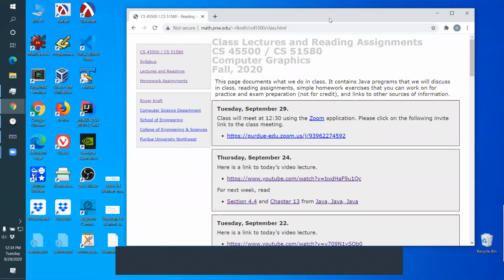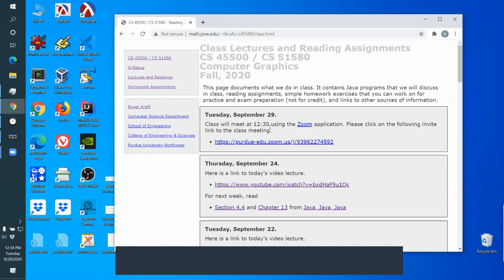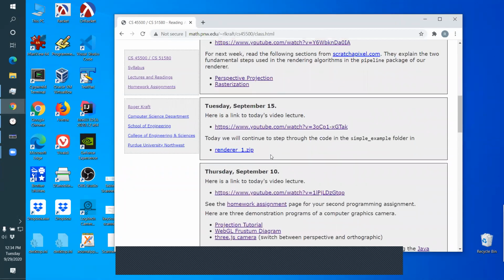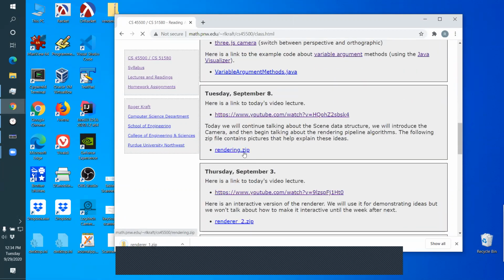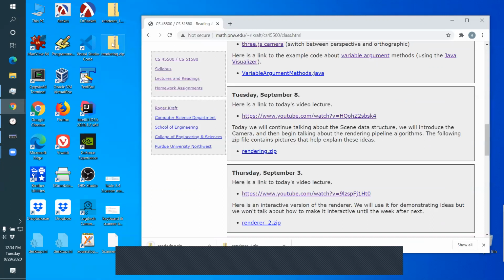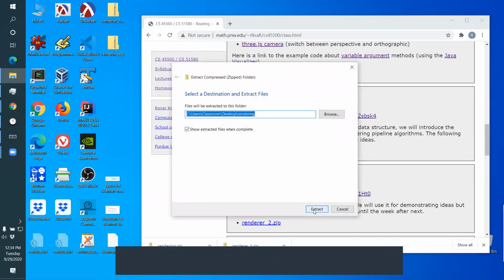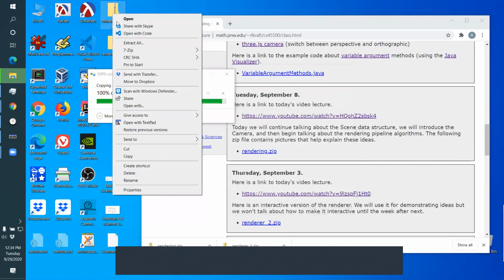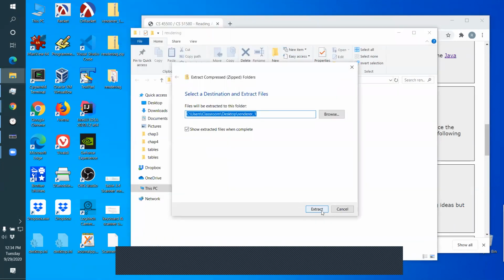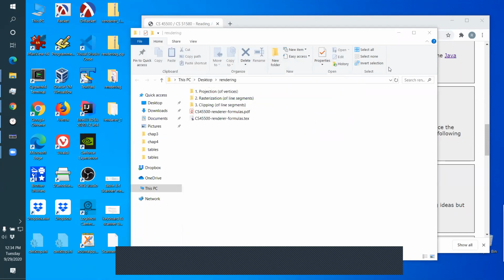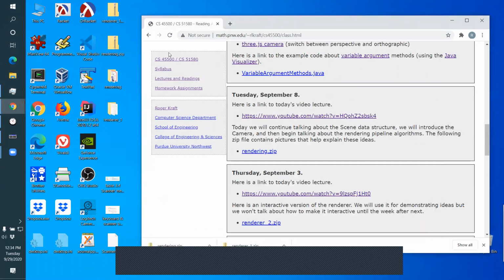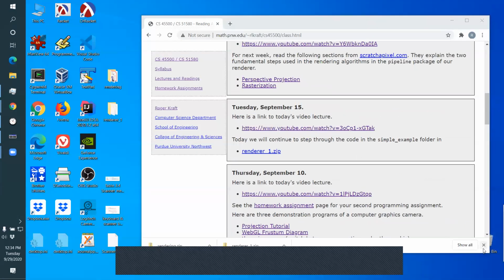Okay. Let's see. Actually, there's nothing new to put up there today. We're going to pick up where we left off. We were going through the code in the render, and let me download the pictures too. We'll pick up where we left off going through the render code. Okay, now let's see. Actually, first,